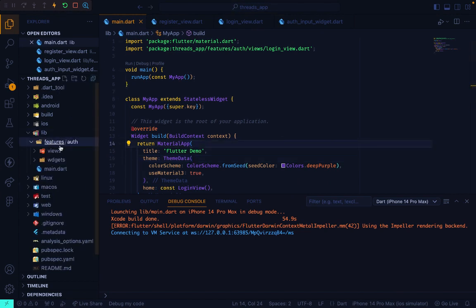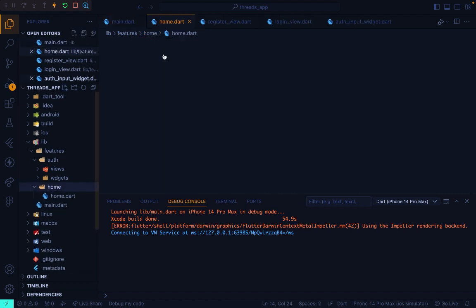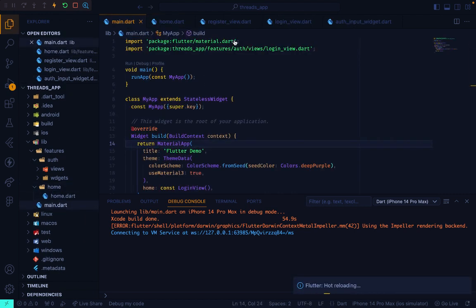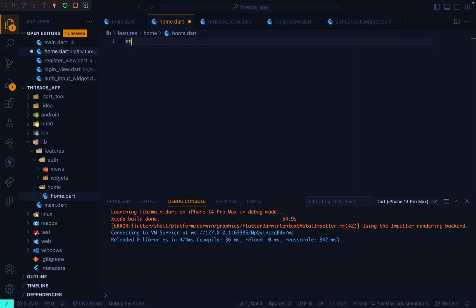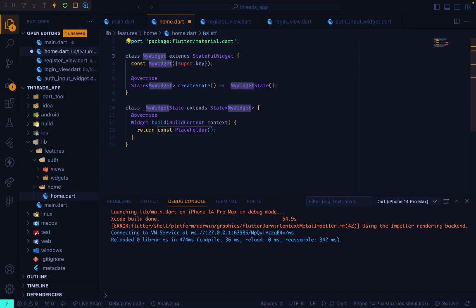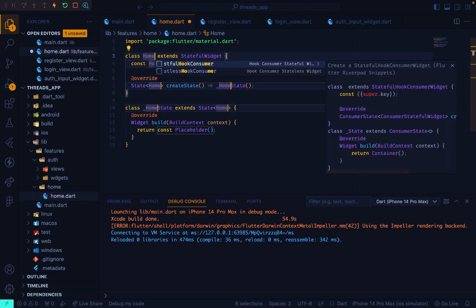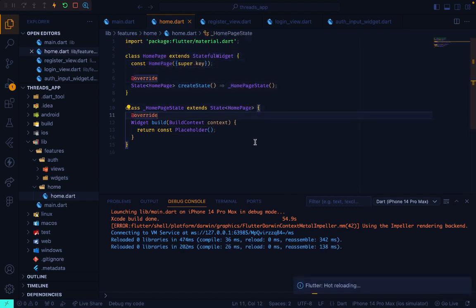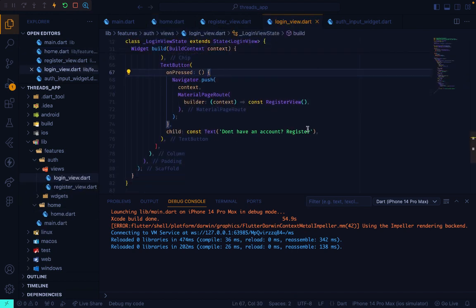In the features folder, we're going to have a new folder called home. Alright, so we're going to call this home.dart. Okay, very good. The first thing I want to do is create a stateful widget. Then we're going to call this HomePage. And in our login view, where we have our button that says